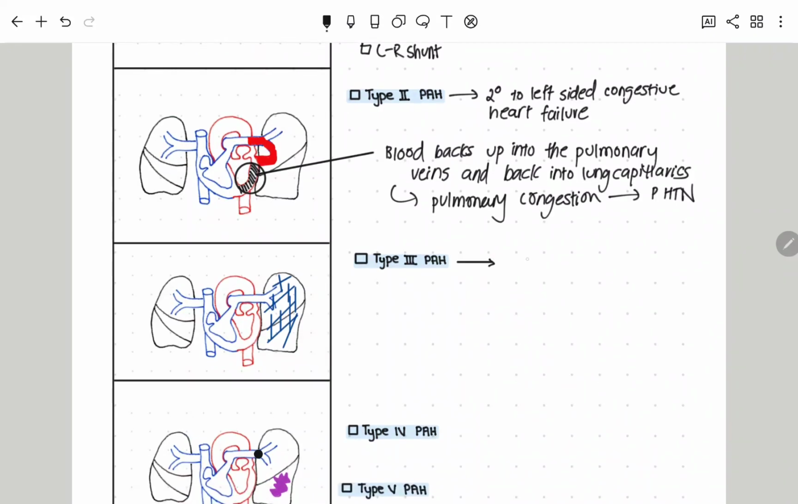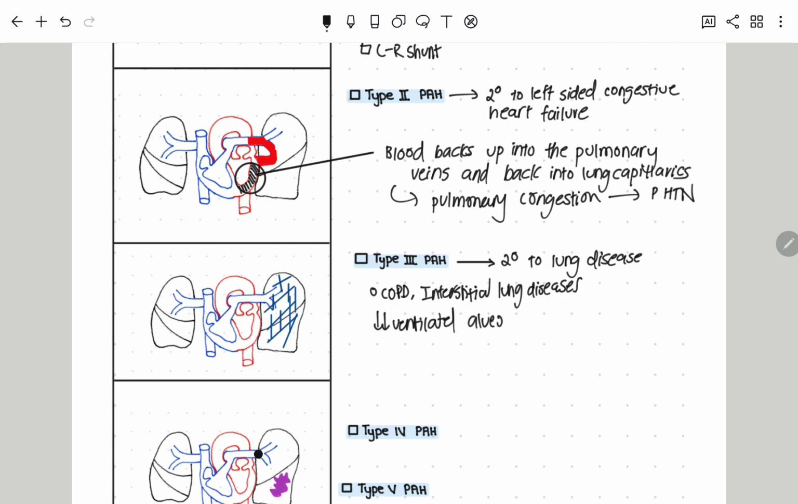Type 3 pulmonary hypertension occurs secondary to underlying lung disease processes. And examples of lung diseases that could be associated with causing pulmonary hypertension include COPD and interstitial lung diseases. And the underlying pathophysiology behind this is that because of these lung diseases, whether it's COPD or interstitial lung disease, it results in poorly ventilated